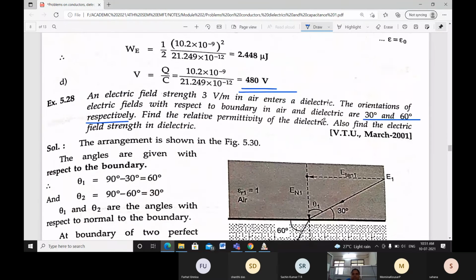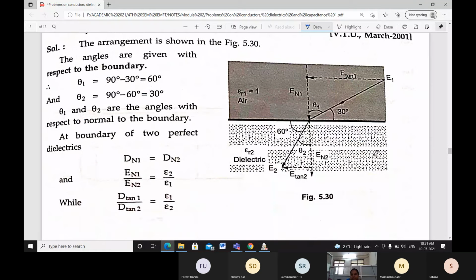For understanding this, you should go back to your physics, what you learned. Based on that, you should go with the calculation method. The same steps you took in physics are going to continue here. Then the arrangement is going to be what? The first dielectric is air. Then the dielectric medium is taken as epsilon R2. Here it is going to be En1, here En2, and this is E tan 2, E tan 1. What is the angle going to be? It is 30 degrees here.